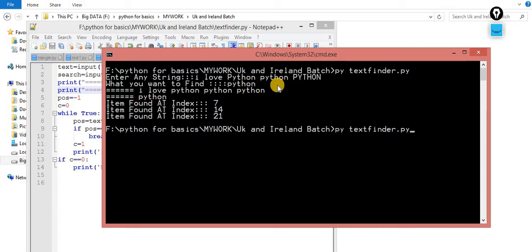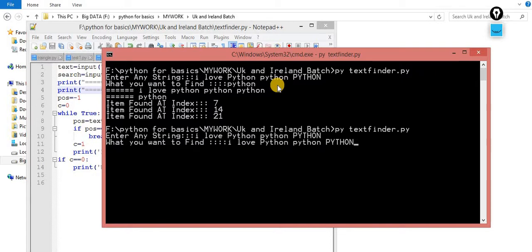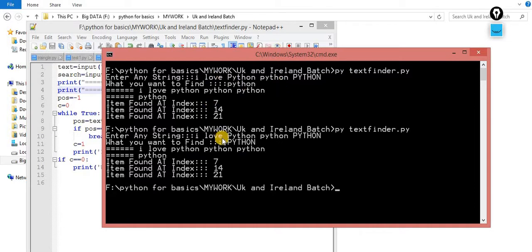Now case number 2, again I am showing you. I am writing the same one, and this time I am typing the searching in capital letters. You can check, the capital one becomes small, and this one, which has capital letters and small characters, is converted into lowercase. So this is the way by which you can confirm it.